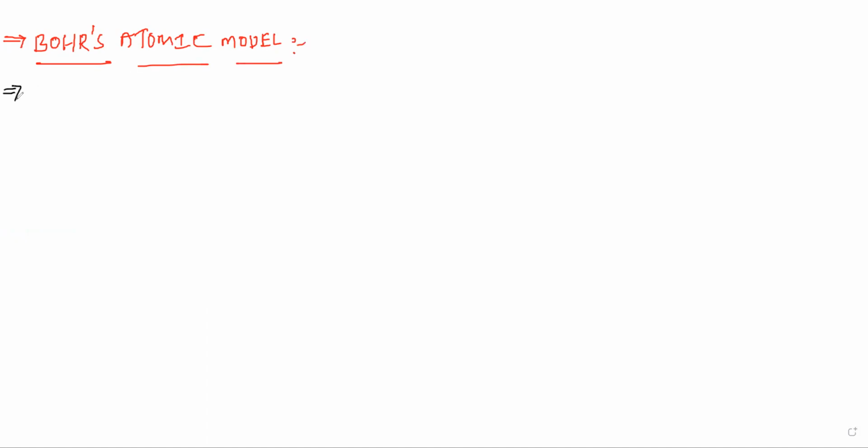Bohr's atomic model. In Bohr's atomic model, first we have to know some important points to remember. In the important points, the first one is